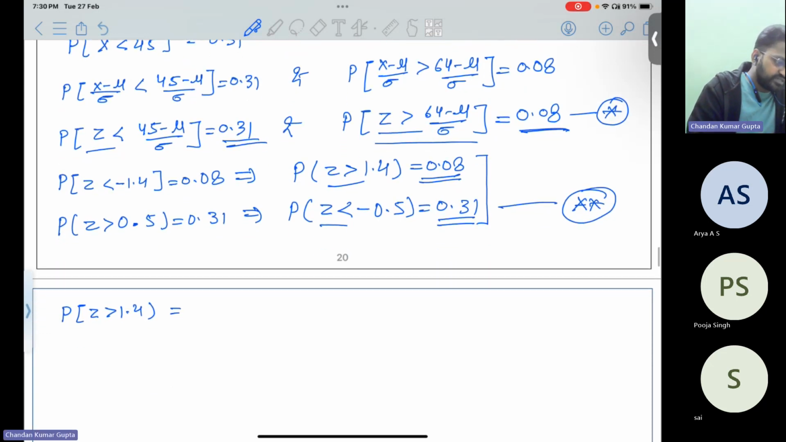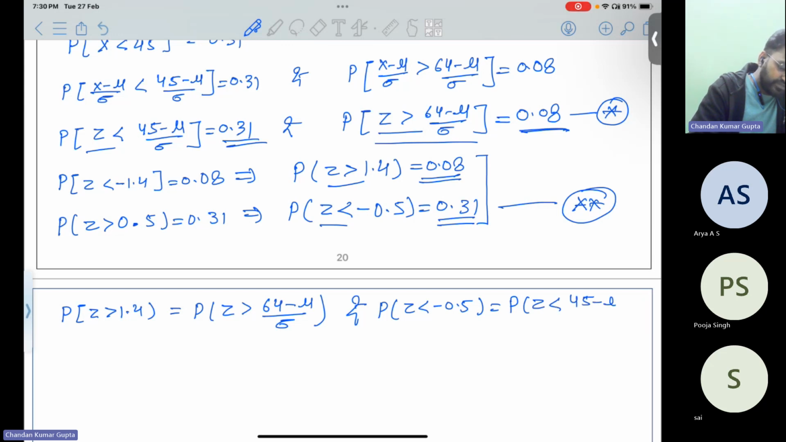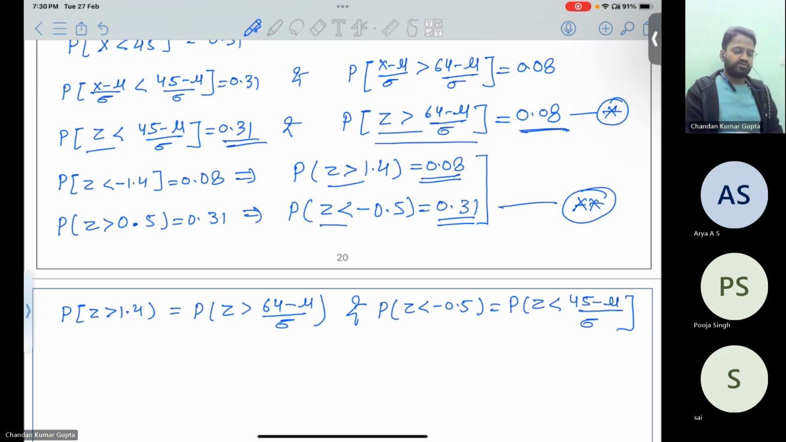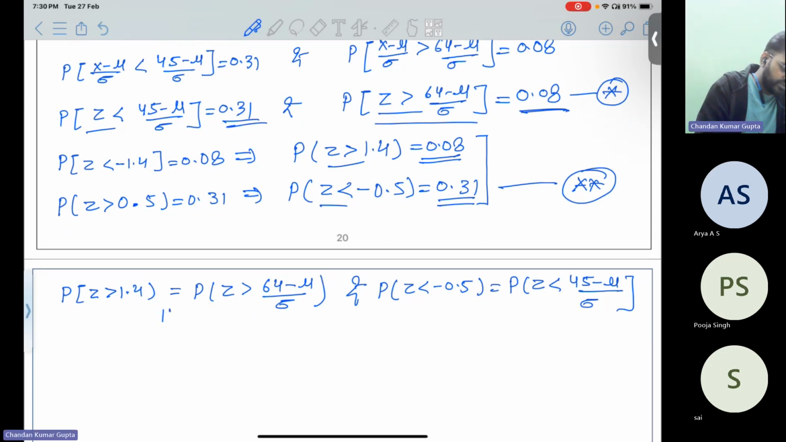Okay, so that means probability Z is greater than (64 minus mu) upon sigma. And the second one is probability Z is less than minus 0.5 equal to probability that Z is less than (45 minus mu) upon sigma. Okay, so from these two equations, we may solve like this,